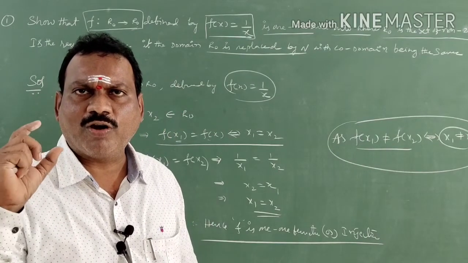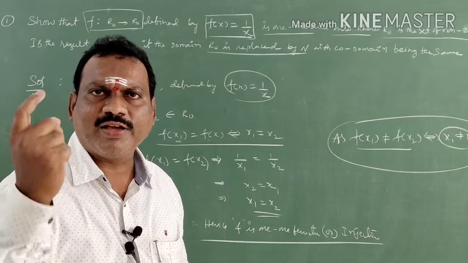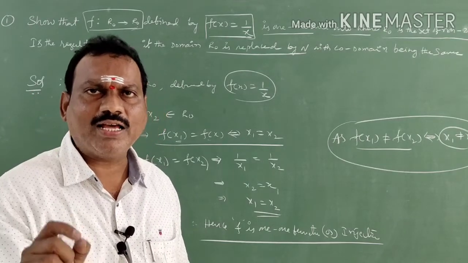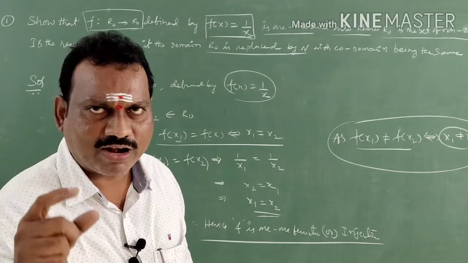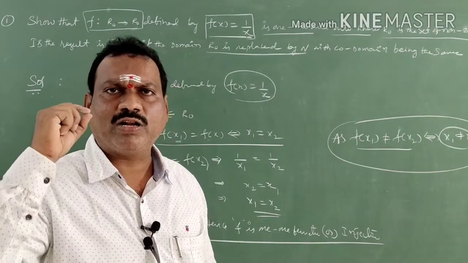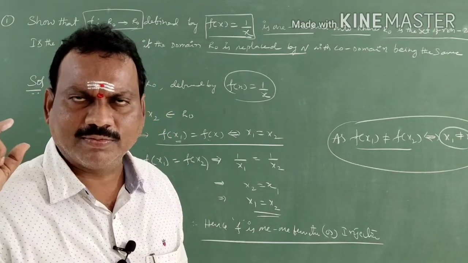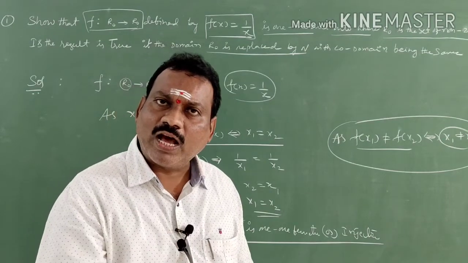So whenever you are going to prove a 1-1 function, you just recall the definition. You remember it. When it is clearly a 1-1 function by looking at it, you need not give an example. You have to write the definition directly. Understood, students? Next one, we have to prove the onto function.